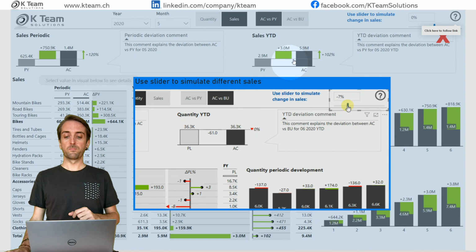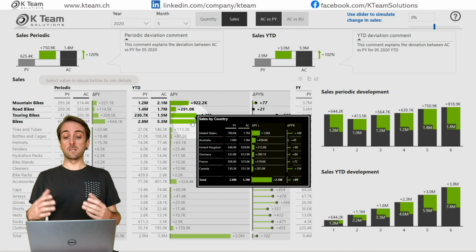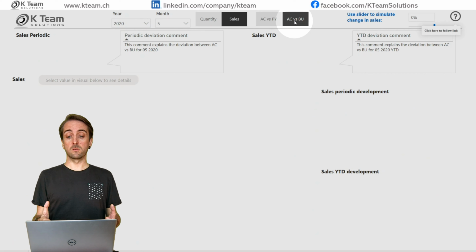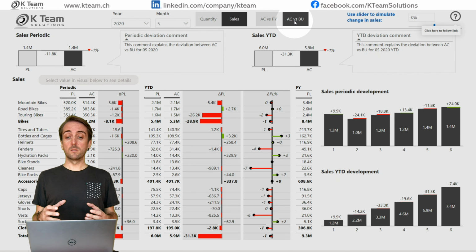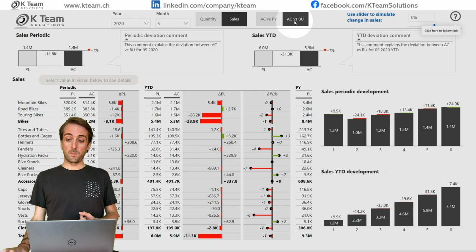Okay, I learned everything. Click, the help closes, and now I can really interact with the report, because now I know that when I hover over a number, I see a tooltip. I also know that when I click on actuals versus budget, I have actuals versus budget showing up. And all these kinds of things, which for you as a developer are quite clear, might not be that easy or intuitive for the end user. So this is one way to do it, but there's also a different way, and I want to focus on